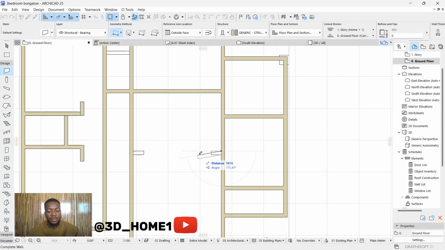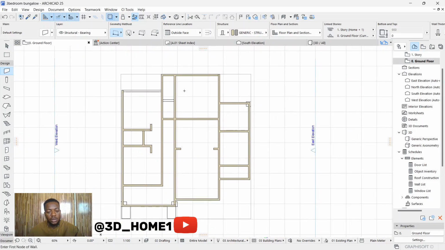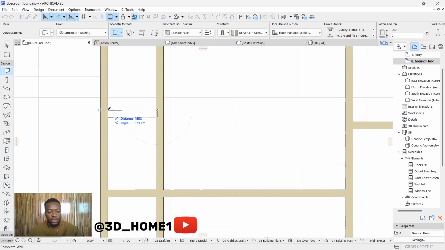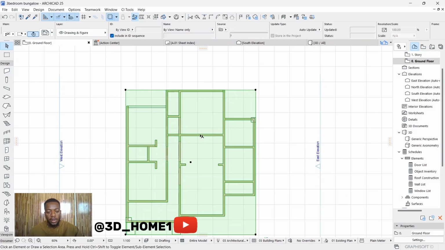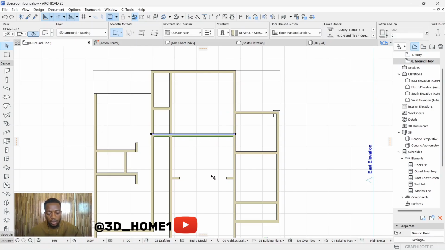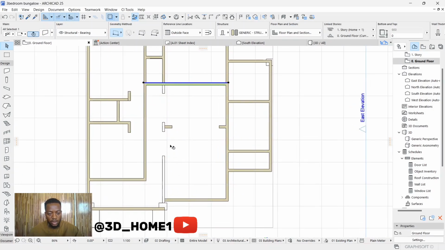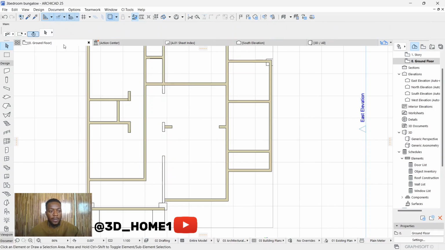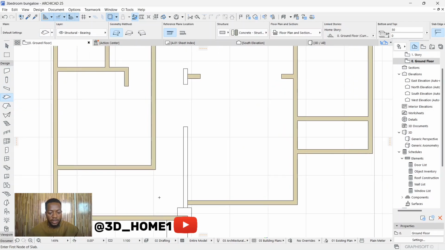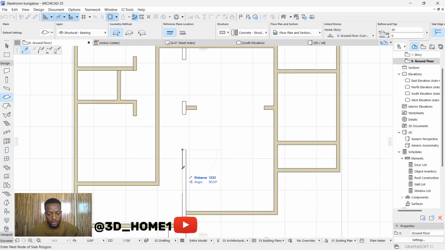Okay, since we are not really modeling the inside, since we're not working on interior, you can just split some of these walls where there's opening so that we can see what we're doing. Okay, we've done already from this one, and I think there's one here. So let's just take this one from, don't forget left,